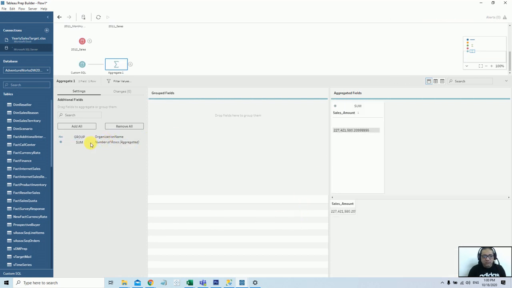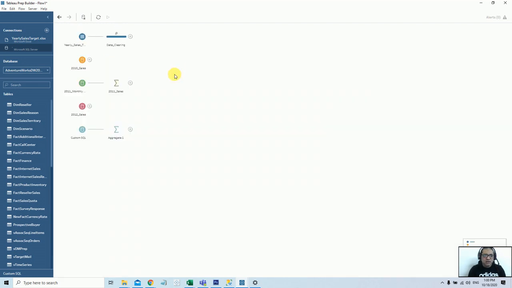You can see we don't need this organization as in select here, so we'll leave it. We'll bring only sales here till here. So now we have everything. Now here is the most important part, where we call it combining of the data with different data set by a union operator. So first of all, I will union